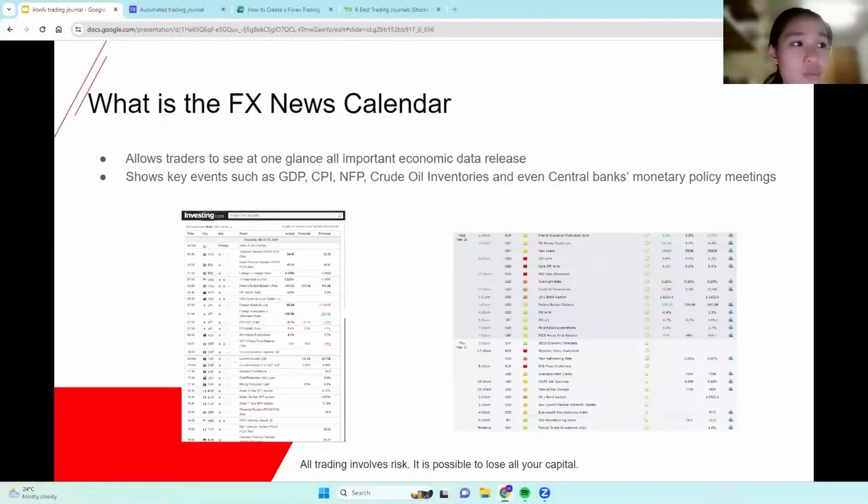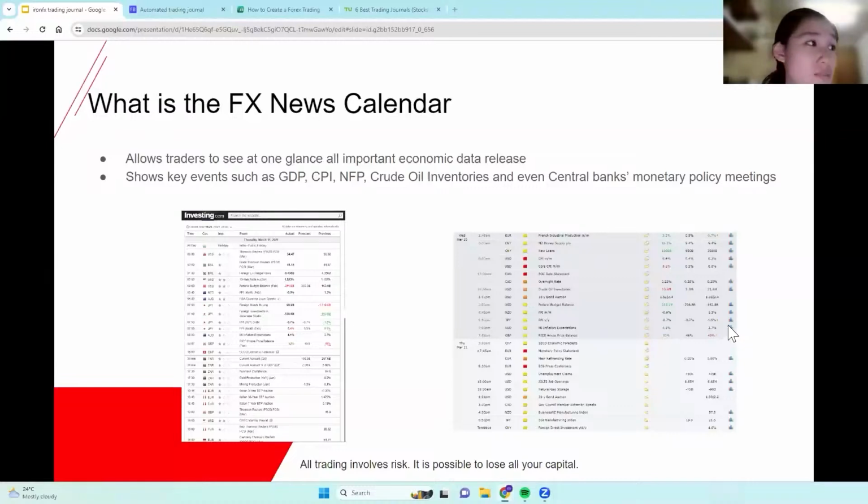So if you're looking at this week's economic data releases, you can just filter it to look at this week or this month. And then as you can see from these little colored calendars, it also filters by low to high impact events. And it gives you the forecasted values, the previous values, as well as the actual values once